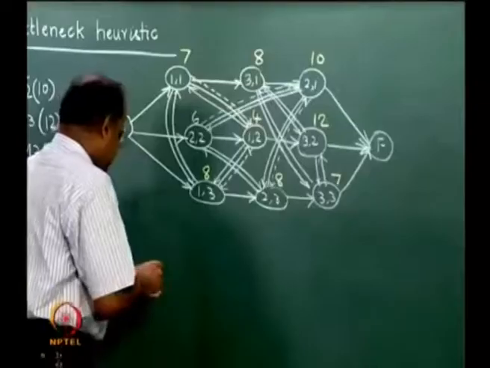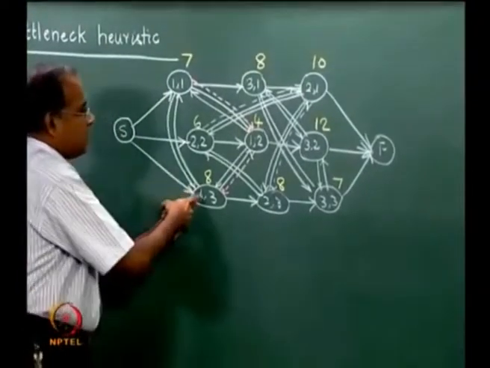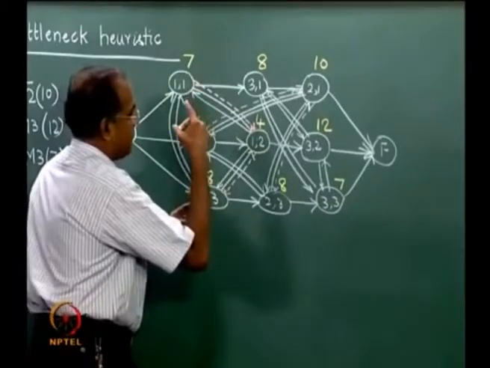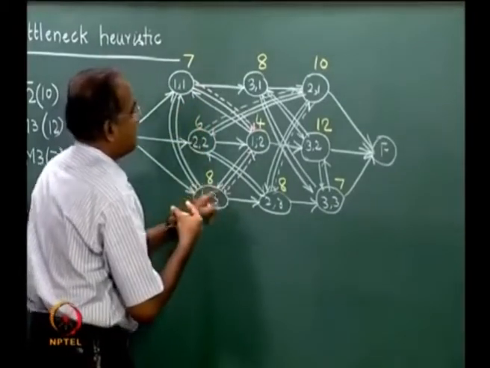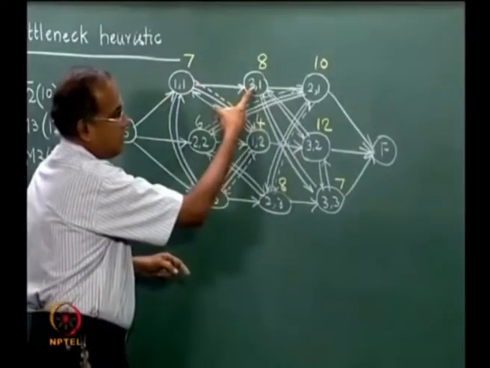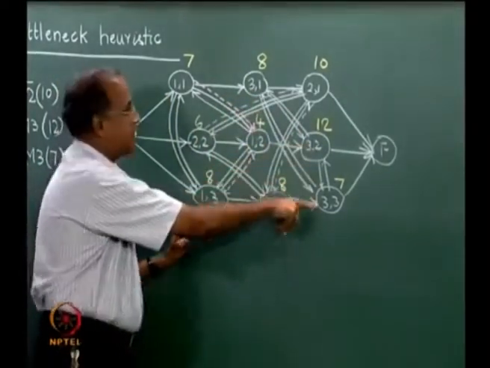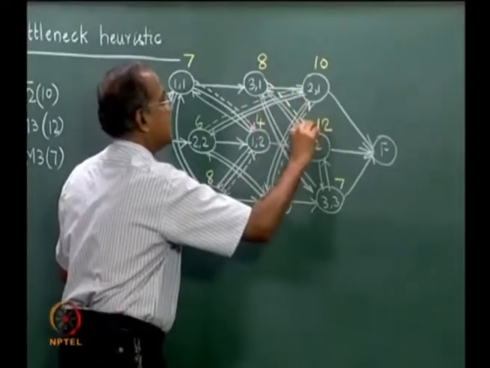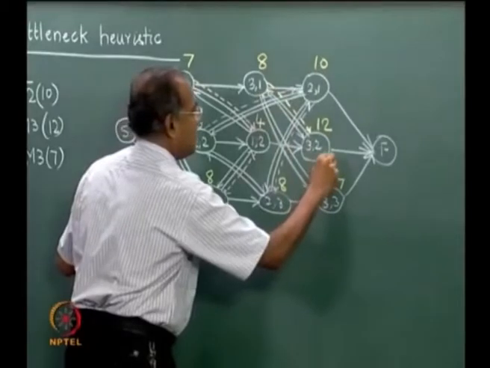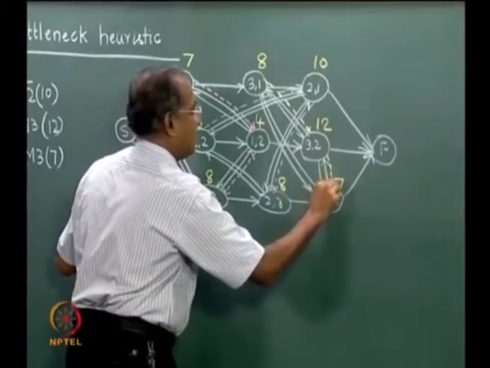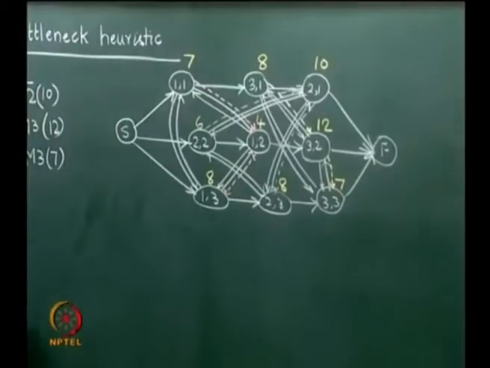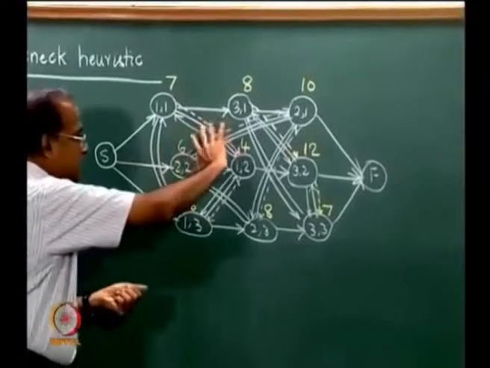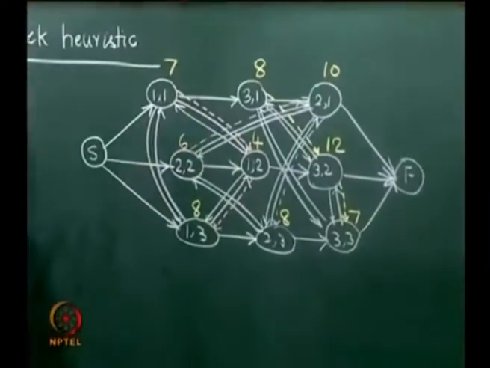So, on M3 it is first J1, then it is J2 and then it is J3. So, the order will be this, and then this, and then J3. So, now this network has become slightly clumsy because I have overwritten the colored arrows, but then we have